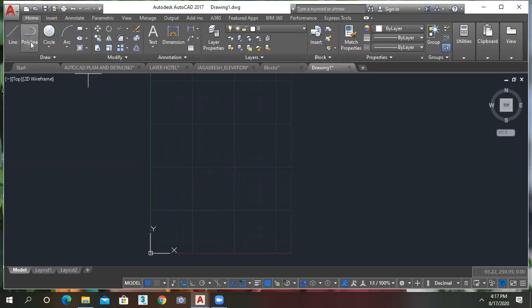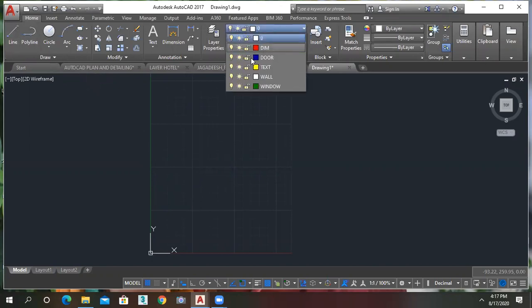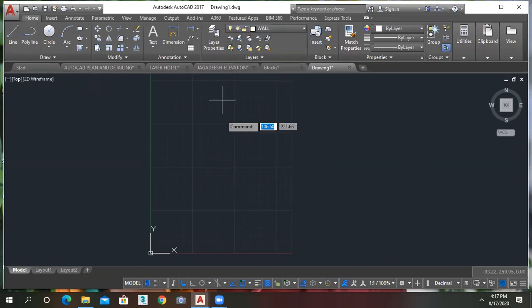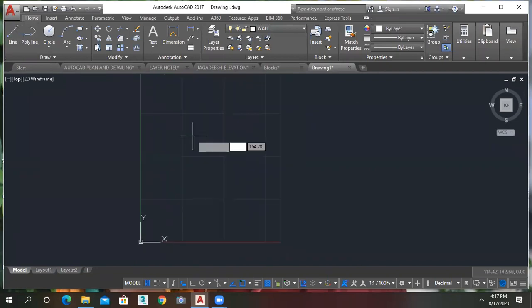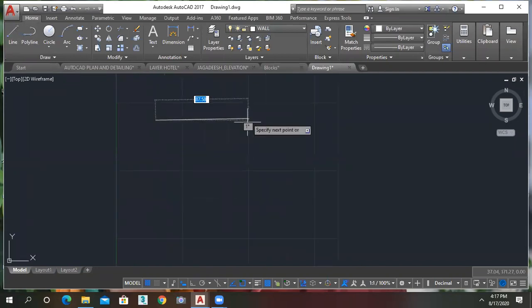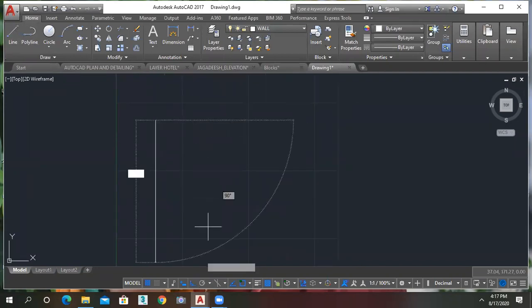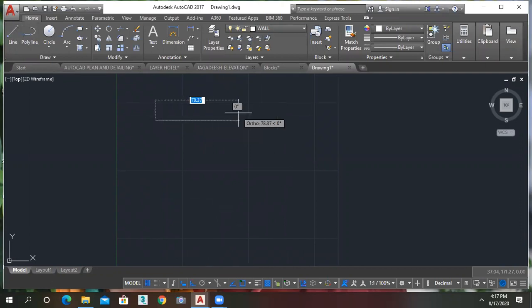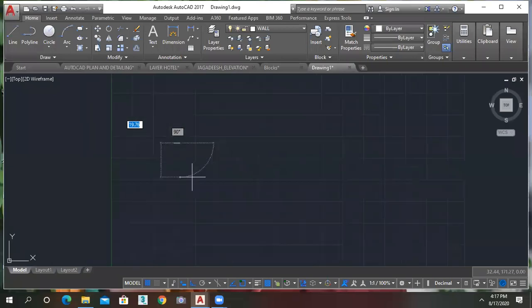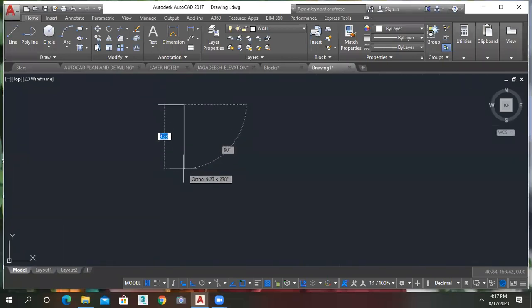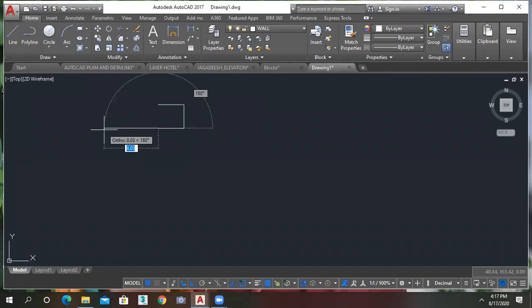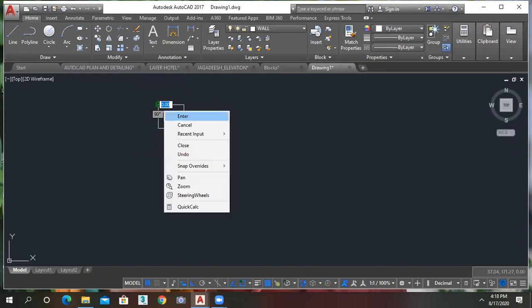Take a line or polyline, keep the wall layer active, and start from one point. For better accuracy, keep ortho on. I input 3.8, which is the horizontal distance of the room, and the vertical distance is 3.4. Then 3.8 again, join it like this, and escape.